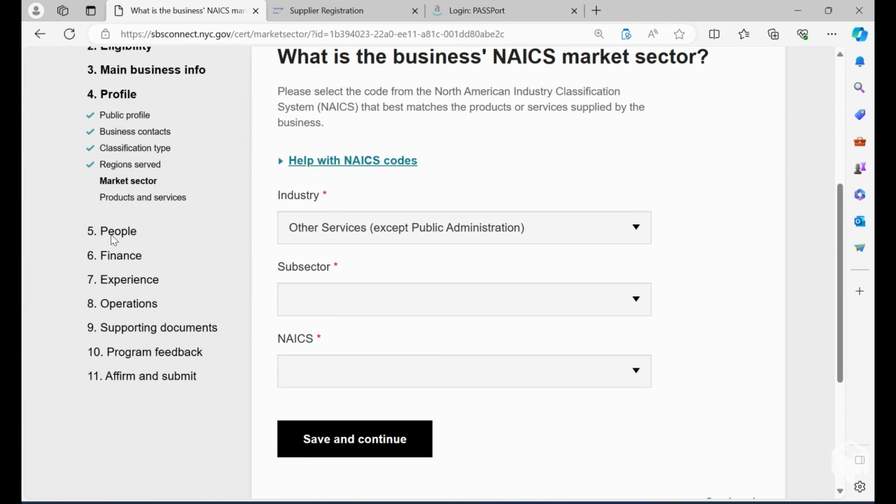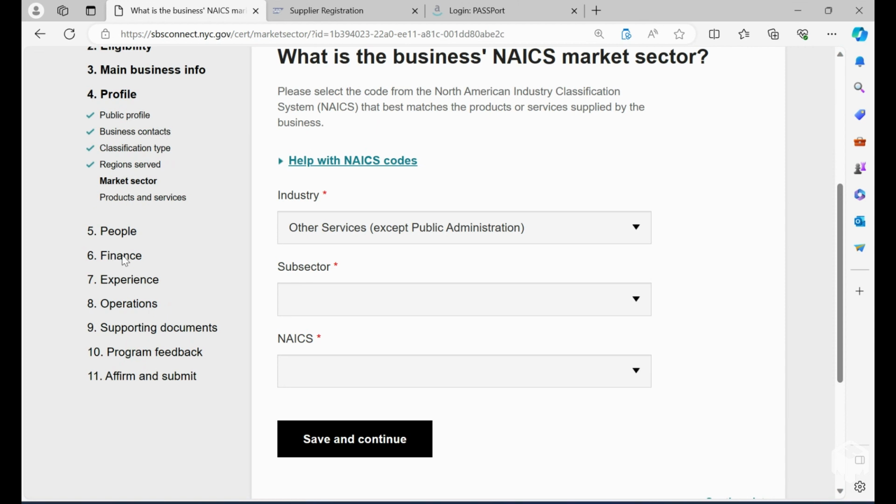Next is 5, where you're going to verify your minority status, and that's going to be anyone that's a part of your entity. If it's just you, it's fine. Just have all of your documents with you, your IDs, your passports, or your birth certificate, whichever one shows your minority status.